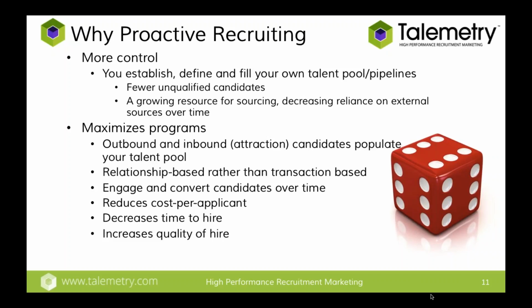So as you're going out, as I said, to job boards and recruiting agencies and having events, all of these things are funneled back into that centralized talent database. And because you are funneling all those things in there, if you don't hire them today, you can hire them for a job that's maybe more appropriate down the line. And again, it becomes that trusted source. And again, as Stephen was saying, you can become more relationship-based rather than transactional-based because you can communicate with those